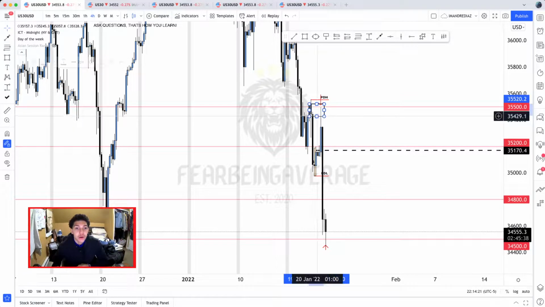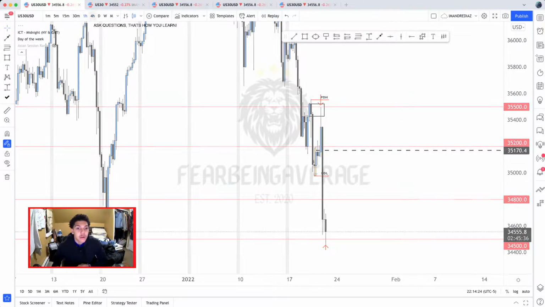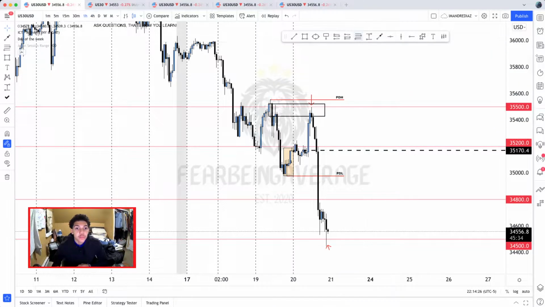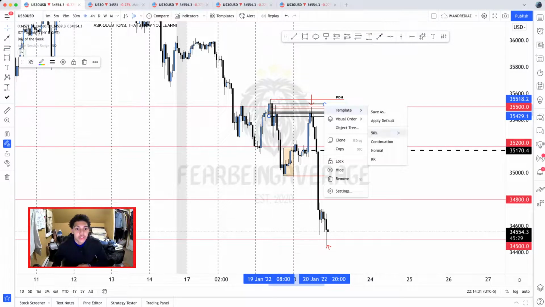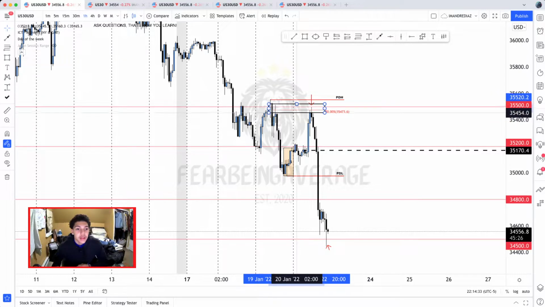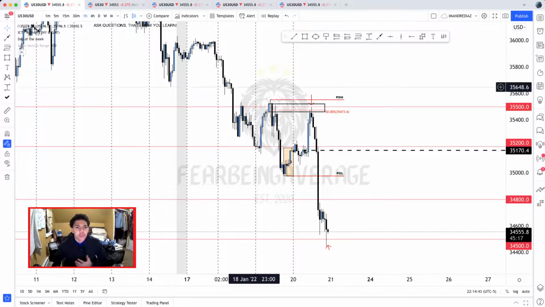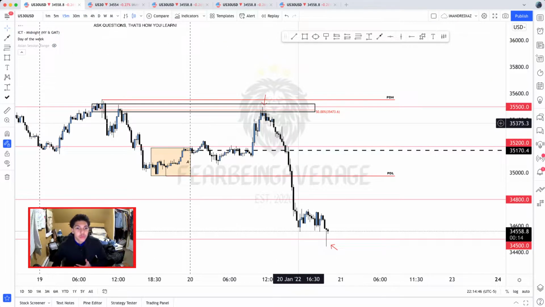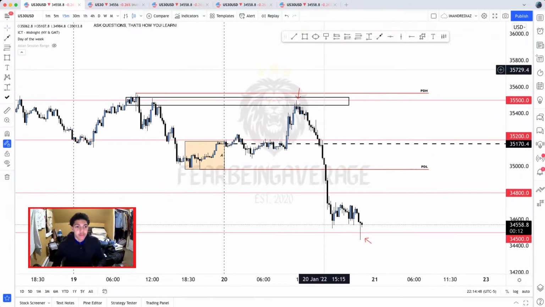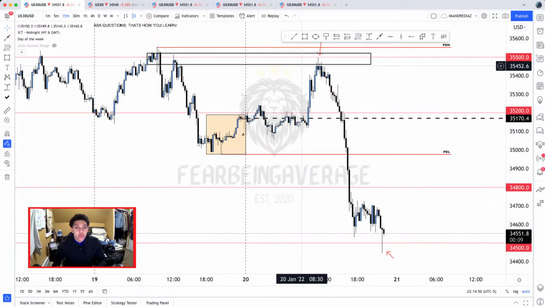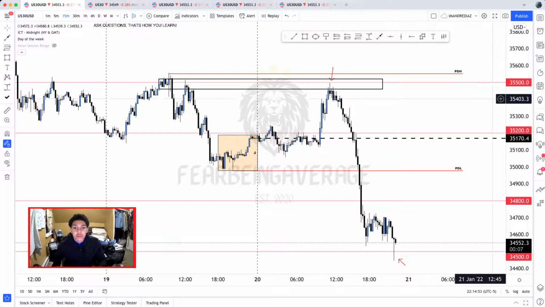So if you take this 4 hour order block just like this, go down to the hour time frame, you can see that if you, for example, would have gotten the 50% of this order block, refined it like I always tell you guys to do, and then refined it to the hour order block, you would have seen that the 50% of that 4 hour order block and the open of this 1 hour bearish order block are in confluence with each other. So as you can see, I'm going to get rid of that fib, but we have this 1 hour order block that also got traded into at 35,500 at what time? 11 a.m. making what?